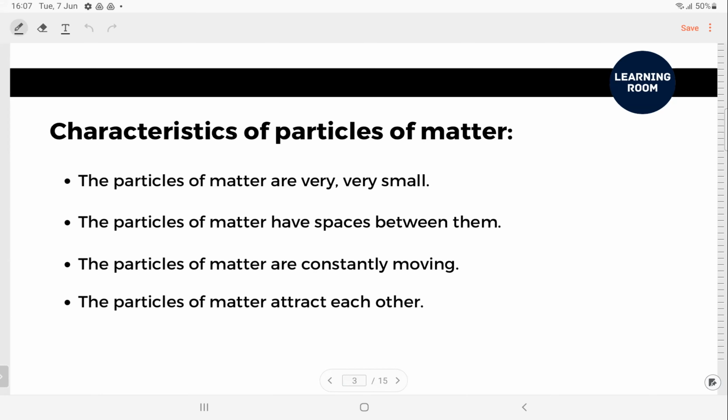And coming to the second one, the particles of matter have spaces between them. Does a solid have spaces? Yes. How? A very little amount of space is there. So it has a very, very little amount of space. In liquid, moderate space. In gas,